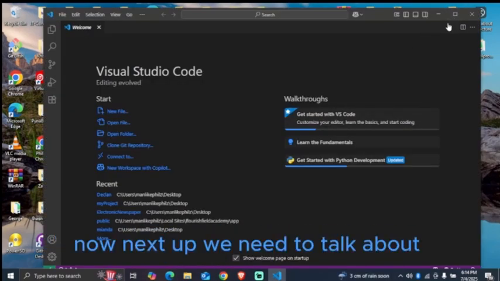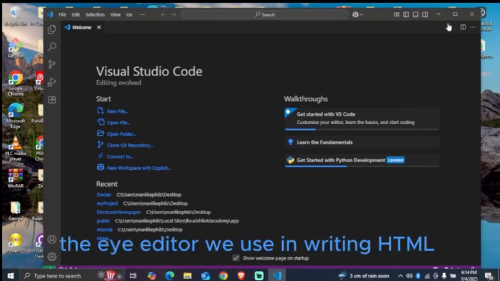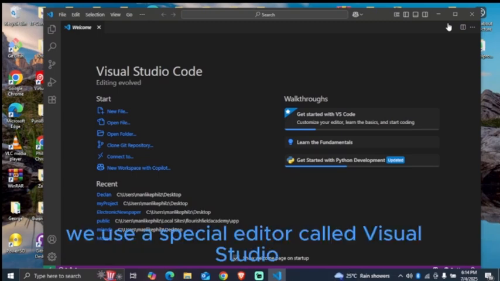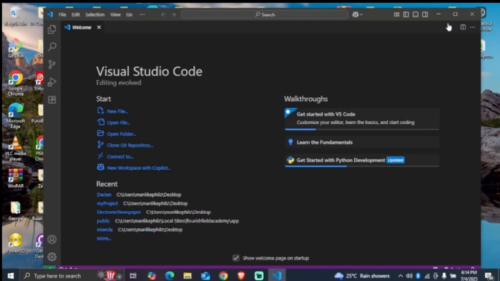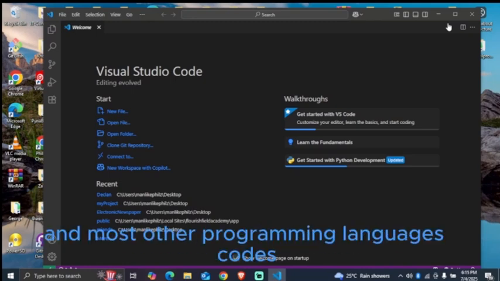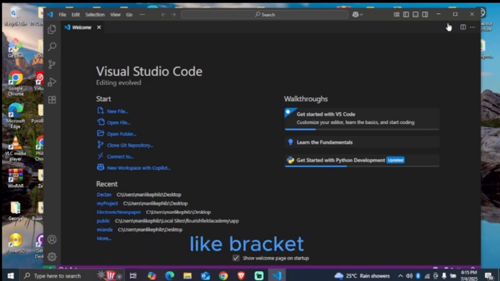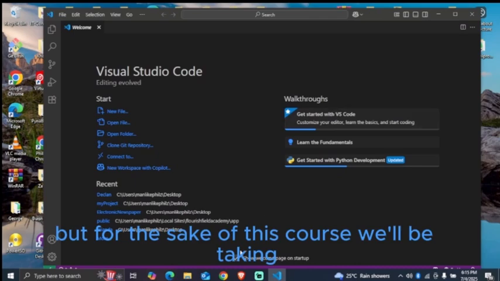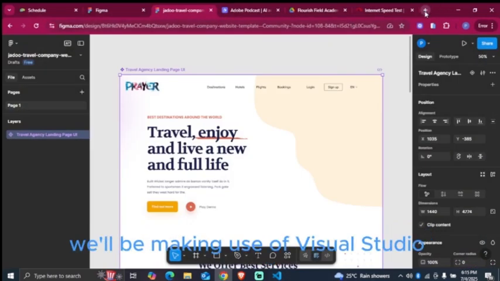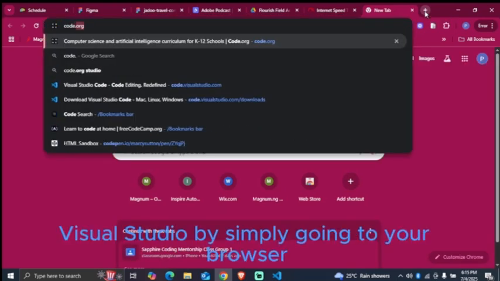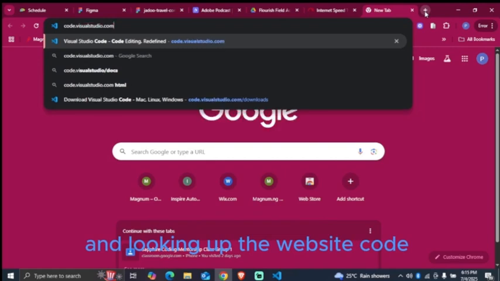Now, next up, we need to talk about the editor we use in writing HTML. We use a special editor called Visual Studio Code Editor to write HTML and CSS and most other programming languages. Now, this is not the only editor we have. We have others like Sublime, like Brackets, but for the sake of this course, we'll be making use of Visual Studio. And you can get Visual Studio by simply going to your browser and looking up the website